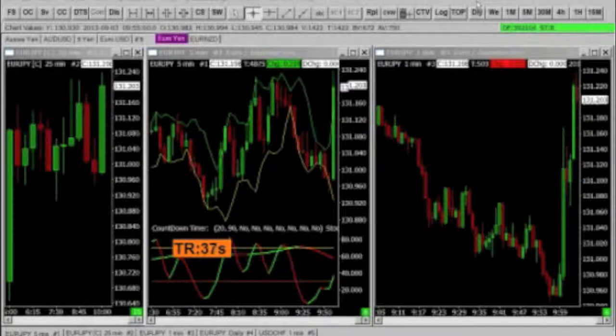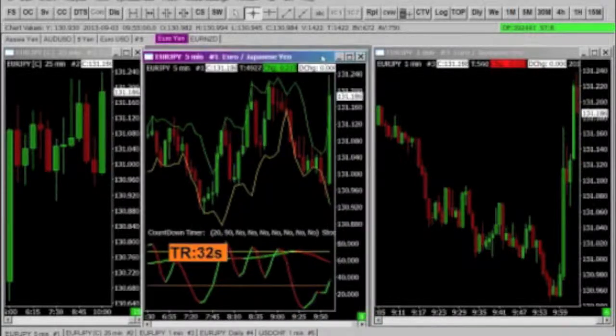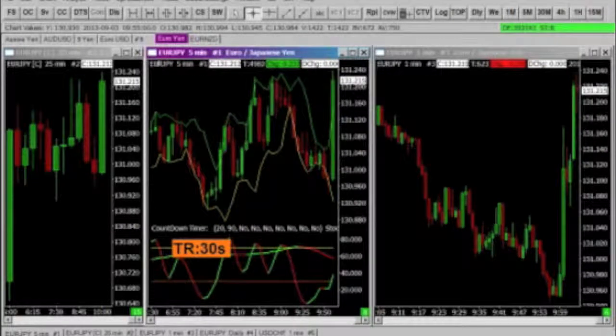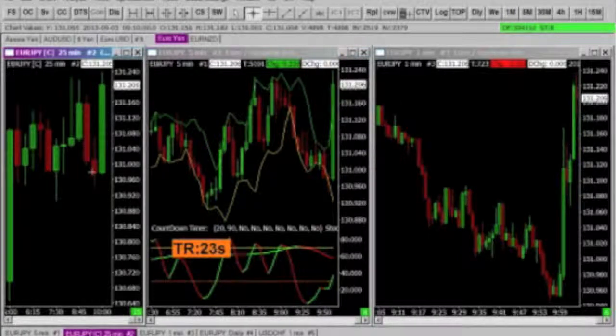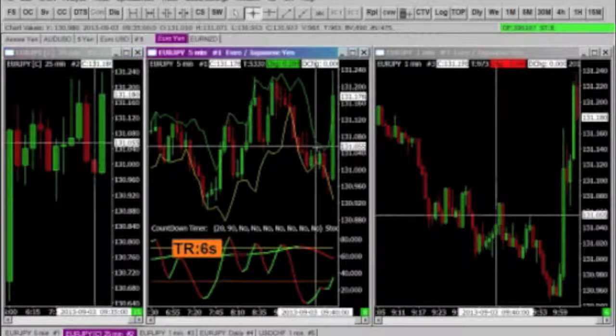Let's take a look at the trade that we took this morning using the 25-minute and a 5-minute chart. Here, we saw the bears try to take over by closing lower. We also see where price tried to come back up and retest the highs, then pursued going down before taking off here. Before it took off to the upside, it hit our top resistance band here, and I entered the trade at